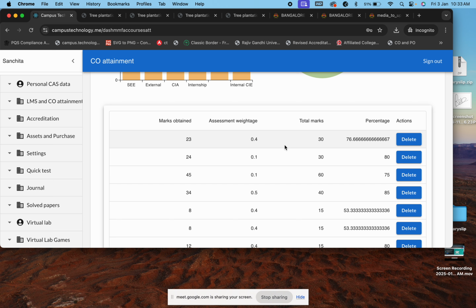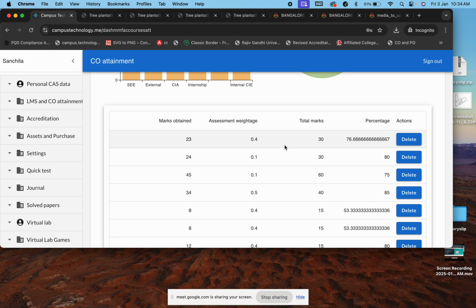All the semesters means end semester examination results, which we have received. But the problem with the end semester results, Pooja, is we have not done the CO mapping, because the university sets the question paper. Yes, I understood that. Even though you consider external, since the question paper is not set by the institution, it is impossible to understand which question is mapped to which CO. That's the problem.